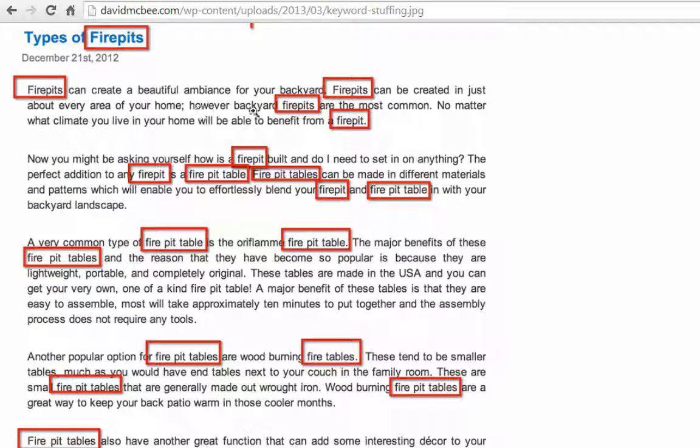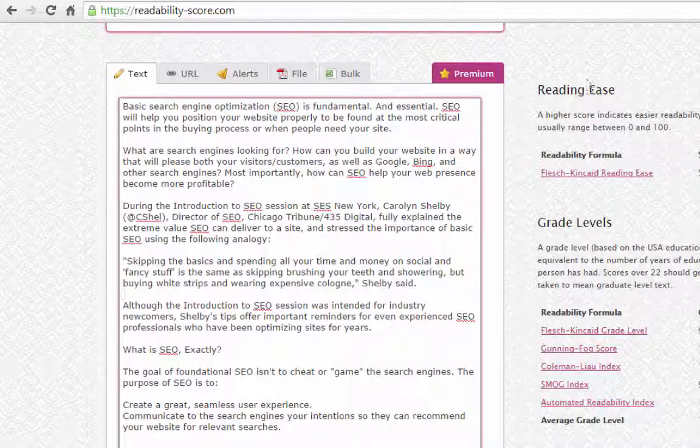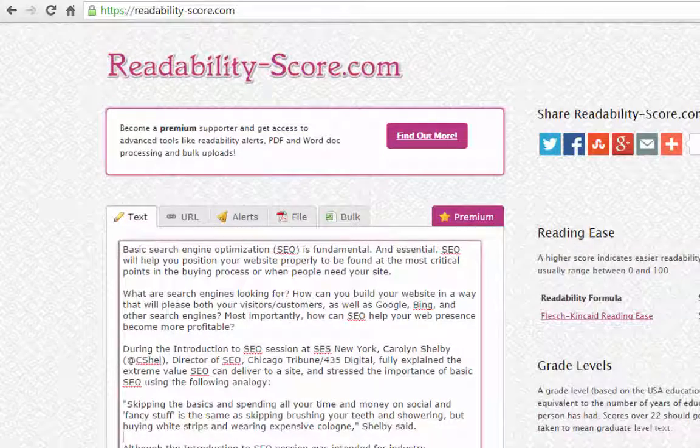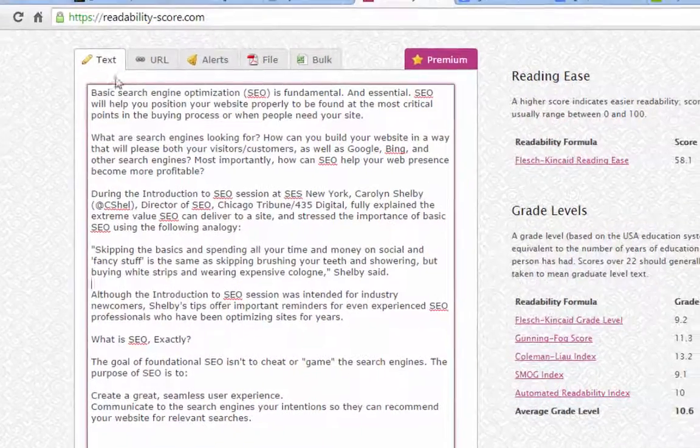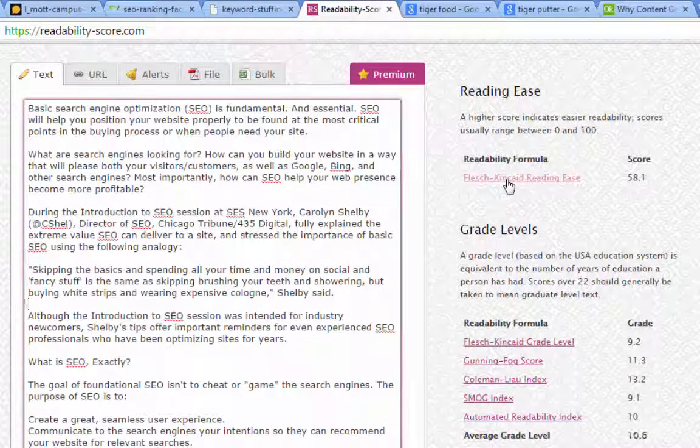Now, keyword stuffing, as it's called, the idea of putting the same word in a post over and over, stopped working a long time ago. Now it's about writing naturally, including several different words that are relevant to the topic being searched, and making it easy to understand. Now, Matt Cutts, the head of Google's web spam team, has said that Google uses something called the Flesch-Kincaid reading test to determine the difficulty of the post and tends to put easier material higher in the search results. So ideally, you want a 7th or 8th grade reading level, and you can check the grade of